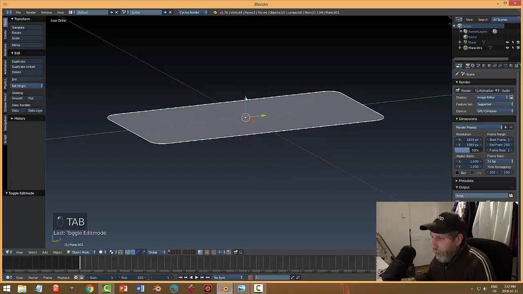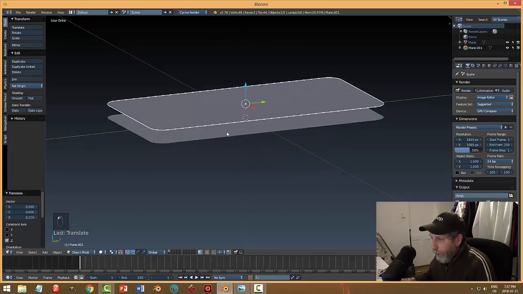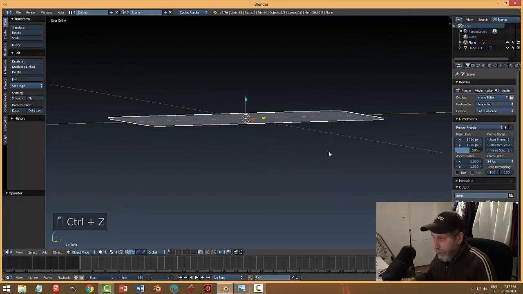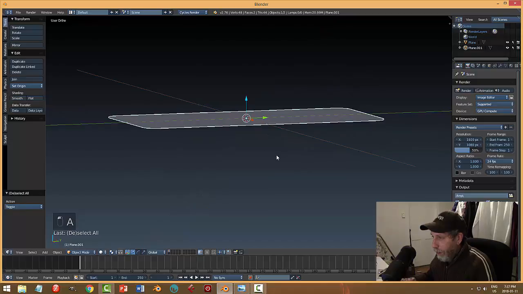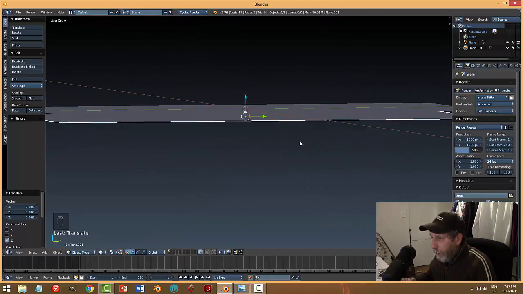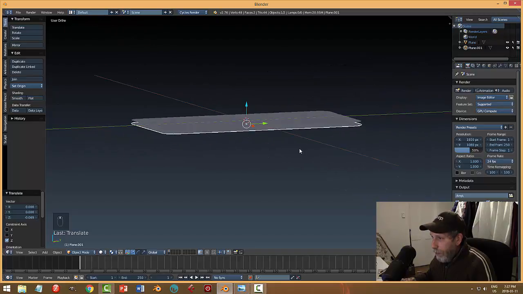I actually have 2 objects here. I'm going to move this one out. This is the duplicated one. All right, so I'll just select that on the bottom, or deselect everything, select this, and I'm going to move this down a bit. Okay, now it'll get a little confusing to see them, so maybe I will go ahead